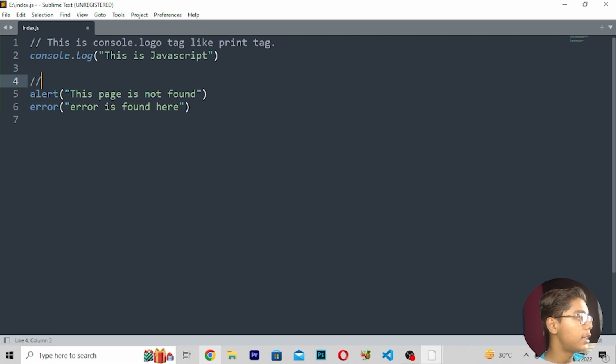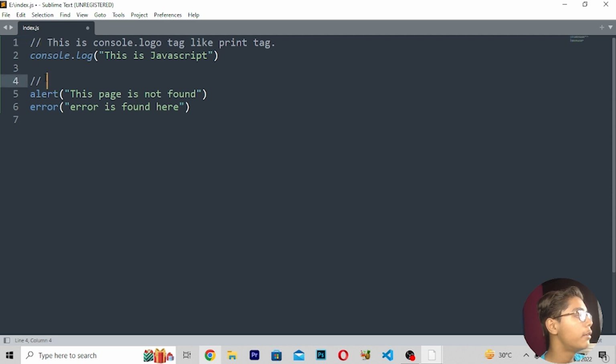First of all, write a slash, and you have to remember one thing: when you are writing a comment in JavaScript, you have to write these two slashes here, which is really important. If you don't write these two slashes and you erase them, it will give you an error, you can see. So remember to write these two slashes if you are writing any comment in JavaScript.